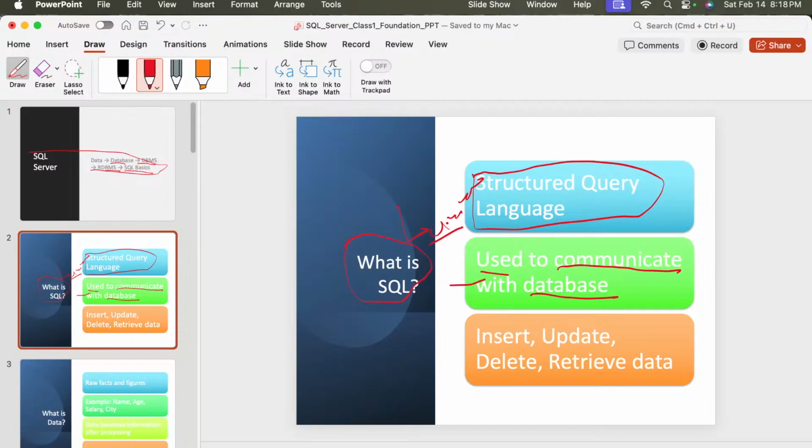Imagine we have a table called employee. In the employee table we want to find out all employee names, employees from the IT department, employees with a salary greater than 50,000, and we don't scroll manually because the data is huge. So in this case we are going to use an SQL query. By using an SQL query we are able to find these data in a very effective manner, right? So this is the way we are going to use it.